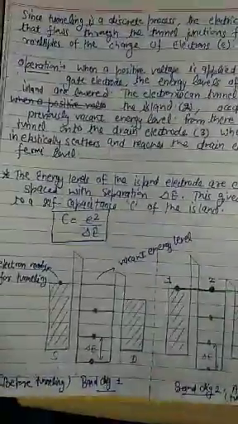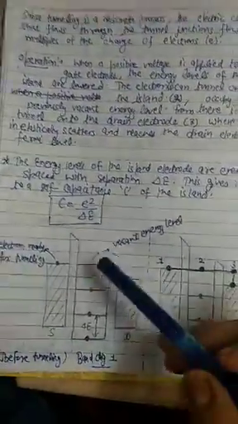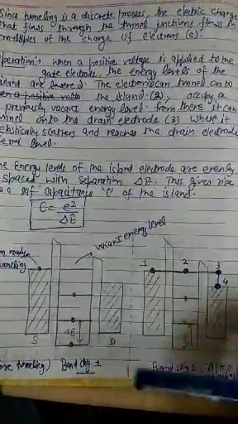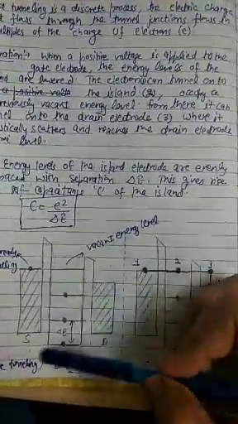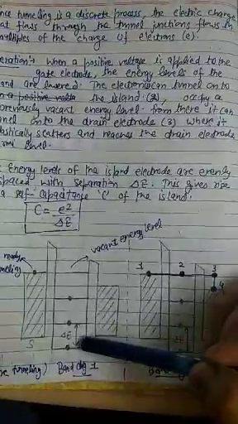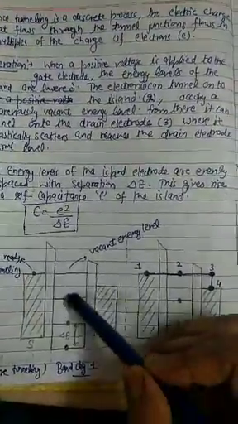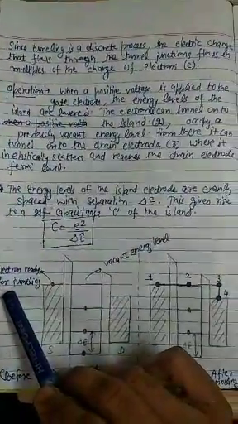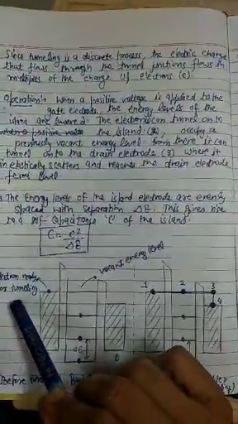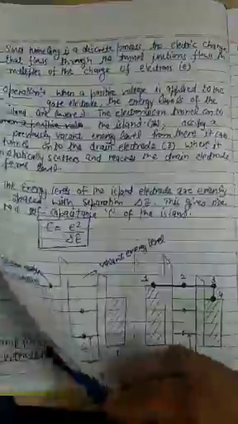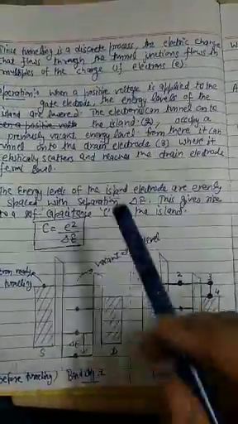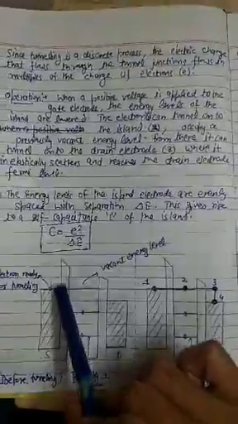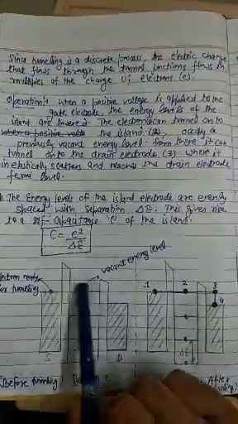the island is lowered. How is it? So this is the source, this is the drain, and this is the quantum dot in between. This is tunnel barrier 1, this is tunnel barrier 2. These are the already occupied energy levels, this is the vacant energy level available. Now as soon as the positive voltage is applied on the gate, the energy level of the island is lowered. Okay, now what will happen? The electron will get sufficient energy to cross this particular potential barrier, so the electron will tunnel through this.